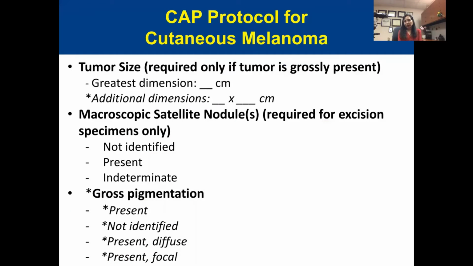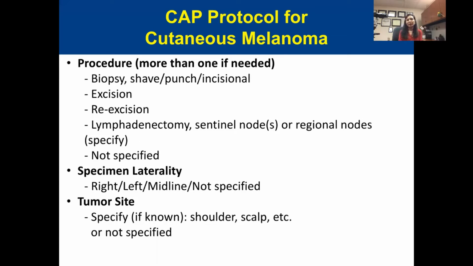Other parameters that are required to report in the CAP protocol are tumor size. Of course, we can only give tumor size if the tumor is grossly identified. So at least we have to give one greatest dimension. If you can, it is better to give two dimensions. Again, the asterisk shows it is not mandatory, but recommended. Another thing is if you see any macroscopic satellite nodule in your gross examination, we are supposed to report it, as well as it is recommended to document any gross pigmentation in the tumor. And also,